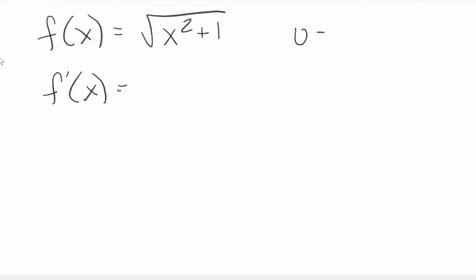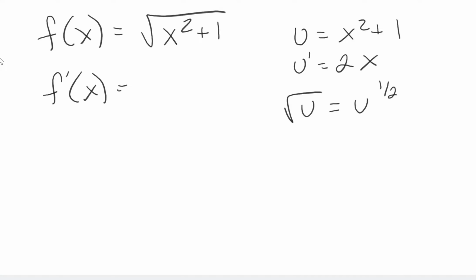So we said the u was the x squared plus 1. So we do the derivative of that, and we get 2x, right? And then if we looked at the square root of u, that was u to the 1/2, which was, oh wait, I got to remember derivatives now. Subtract 1, so it ends up being 1 over,